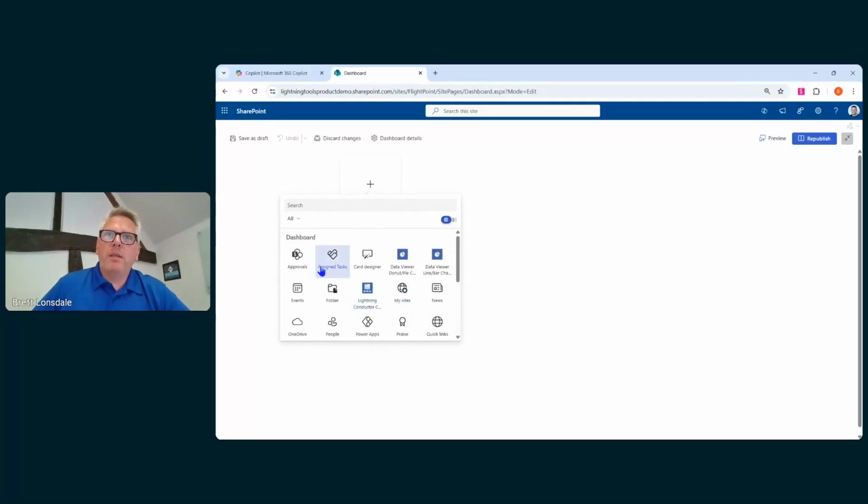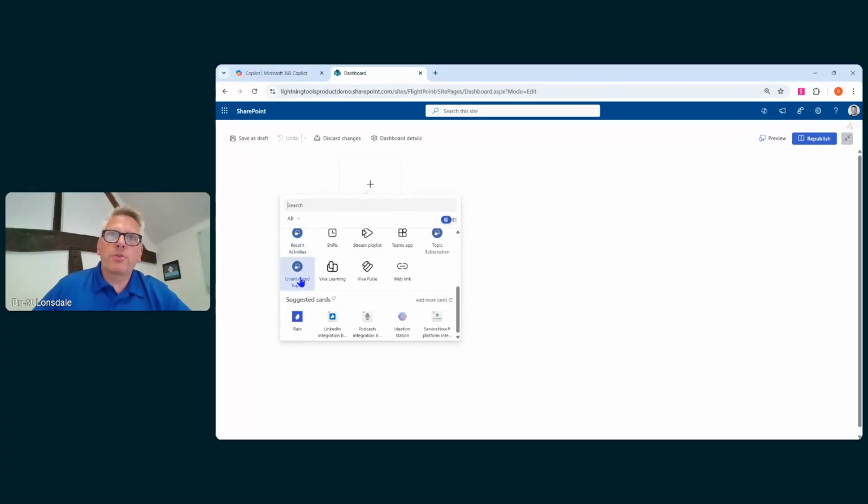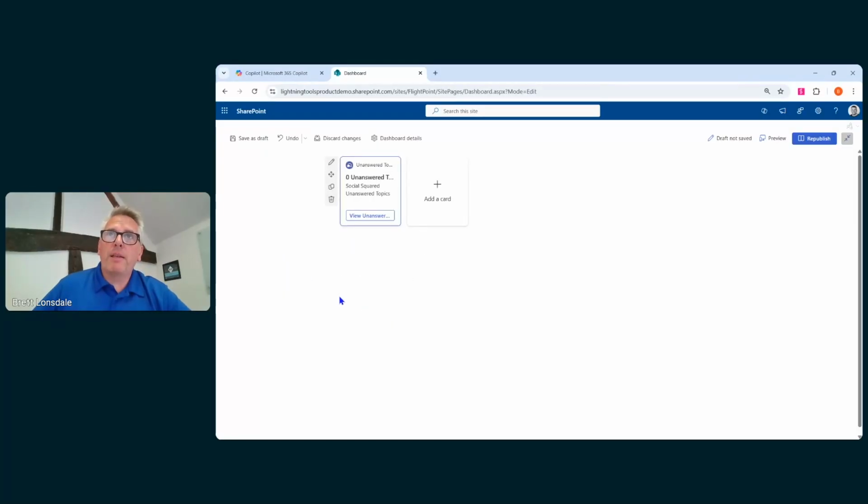These could be numerous different things, but they're meant to be small tiles that have a small piece of functionality. So you can see some of the Lightning Tools adaptive cards in here. We have things like the Lightning Conductor that we can add. We've also got news, the data viewer, and Social Squared on there as well. So if I wanted to, for example, use unanswered topics, I can drop that on and notice how it's telling me there's 16 unanswered topics,